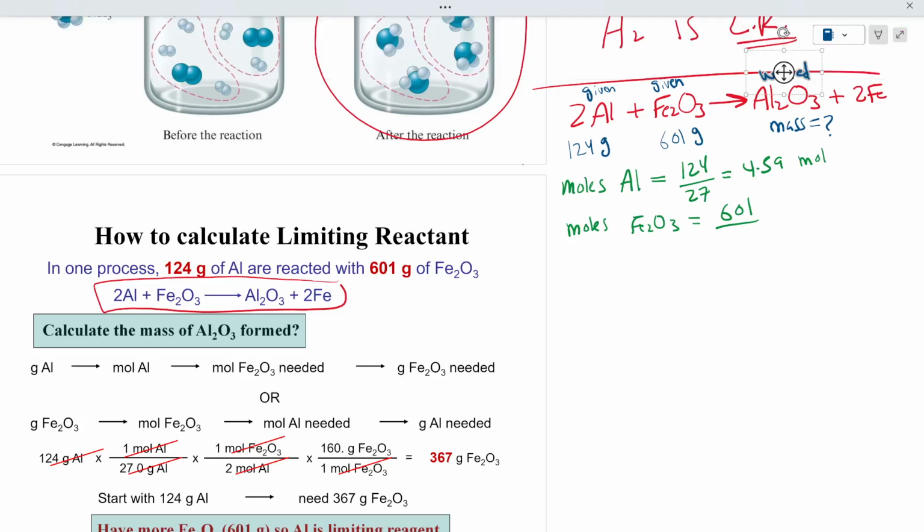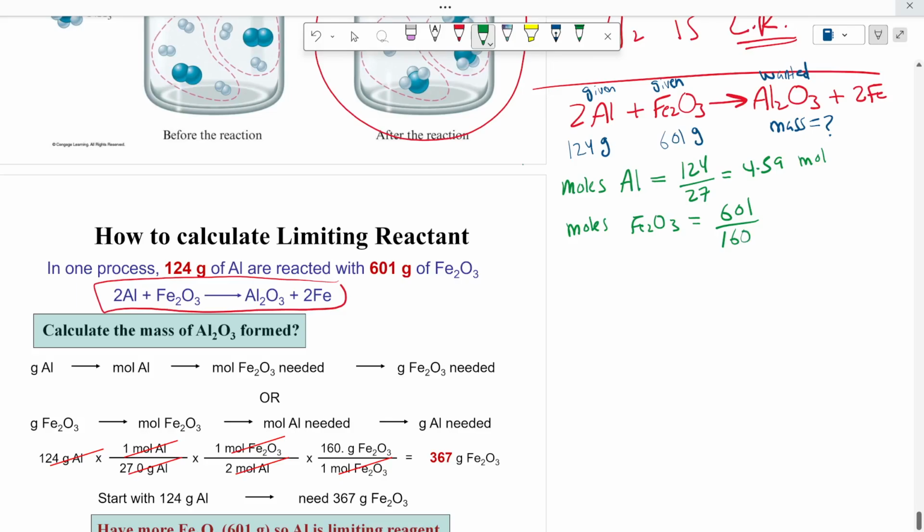Iron 3 oxide is, I think, 160. So the answer is